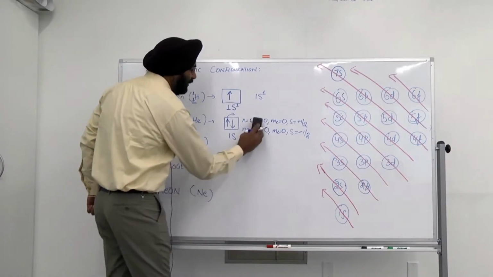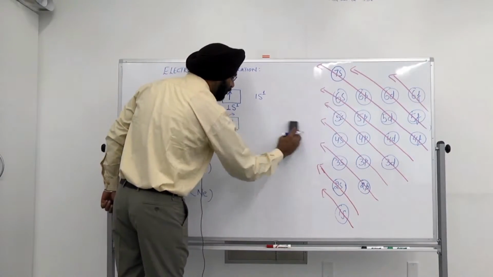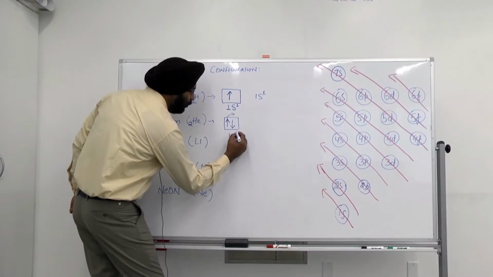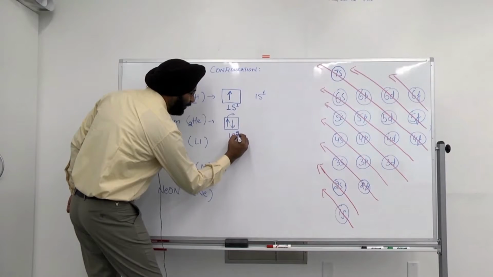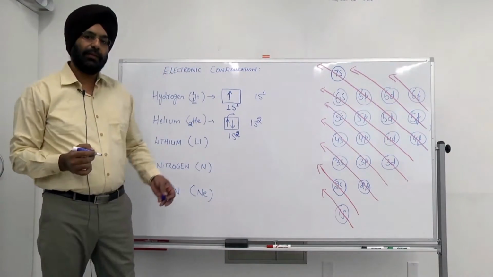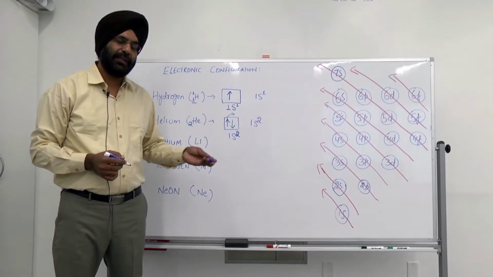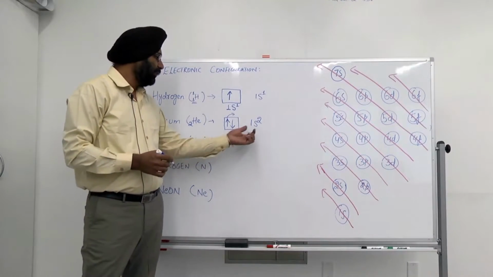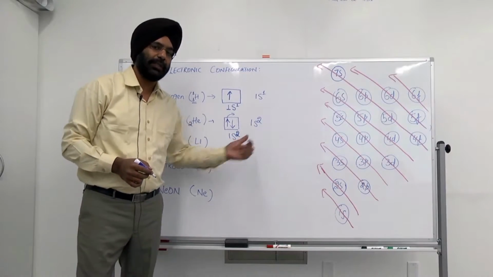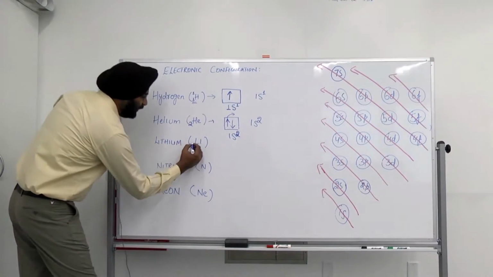So I can very easily now write the electronic configuration for helium as 1s2. So that means helium has a maximum of 2 electrons, which are there in the 1s subshell and 1s orbital. For the lithium,